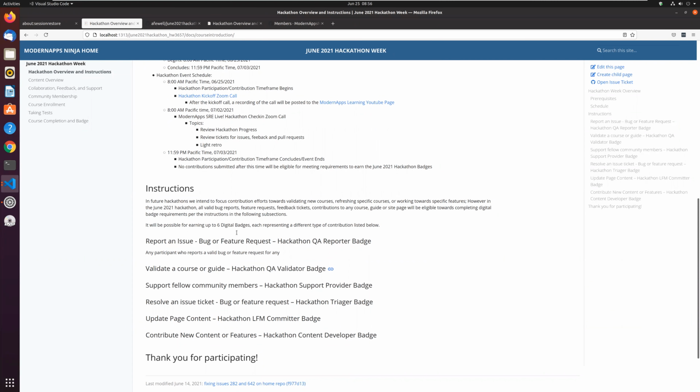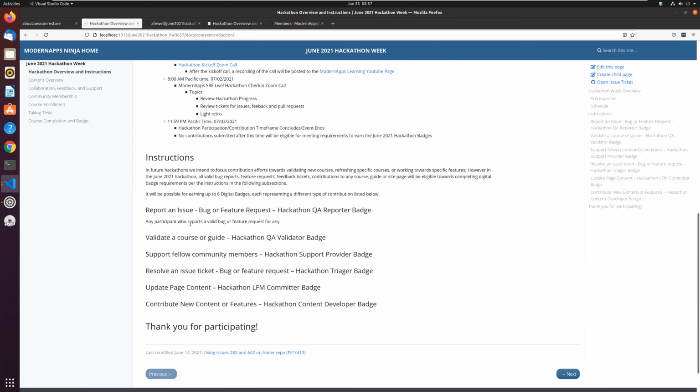But if it's not a problem, now don't worry about some things falling in a little bit of a gray area. If you're not sure, just take your best guess. It doesn't matter. When you submit the issue ticket, it'll give you the option to say whether you want it labeled as a bug or labeled as a feature request. Make your best guess and use your own language to describe what you think. Try to include as much detail as you can, including links to pages.